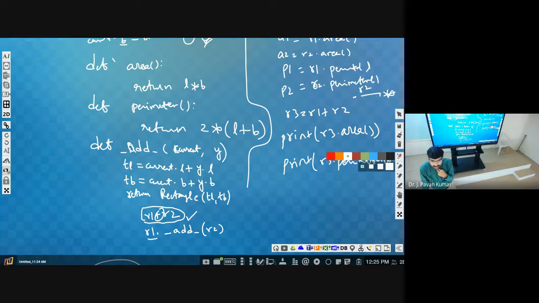The perimeter is different. Now can we say these two are the same? Can we say this rectangle is bigger than this? Can we say 4, 5 is greater than 10, 2? The area is the same. So can we say it is bigger? No, we cannot say. So these are not comparable.